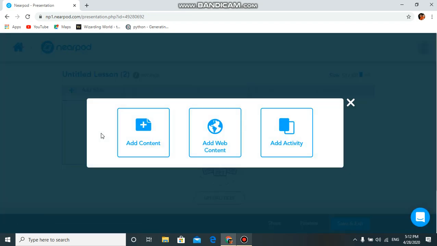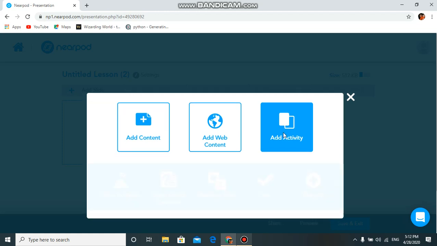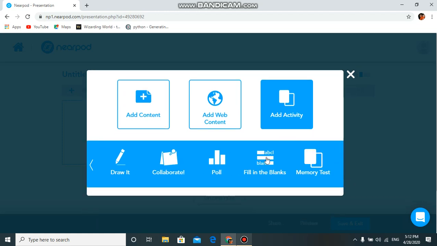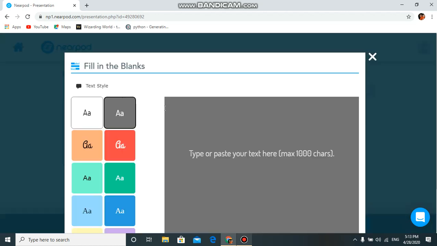I have again clicked on add slide, add activity. You can go to fill in the blanks. So here I can write my fill in the blank.